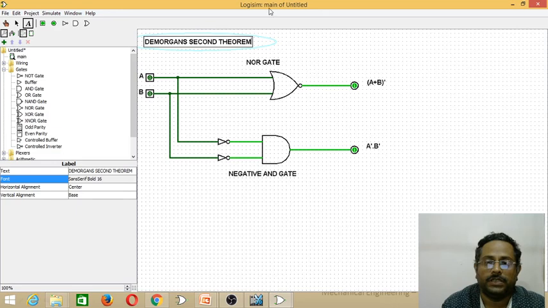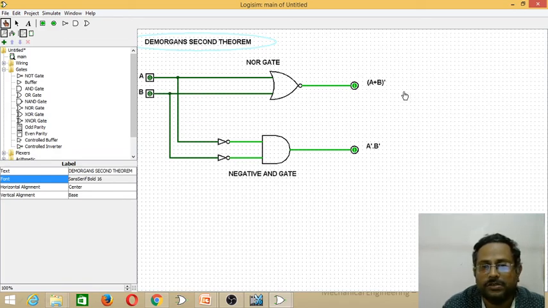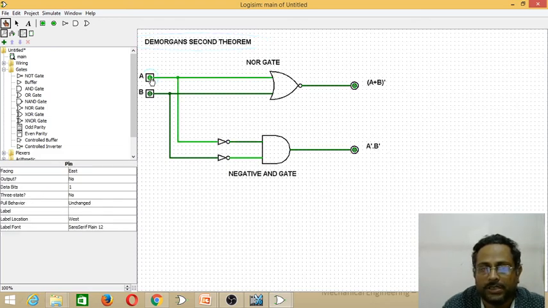Once completing all these things, you can simulate the same way as the previous one. For that, we go for the poke tool and change the states of the inputs. It is 0 0, one at the LHS, one at the RHS. Check for another combination, 1 0.